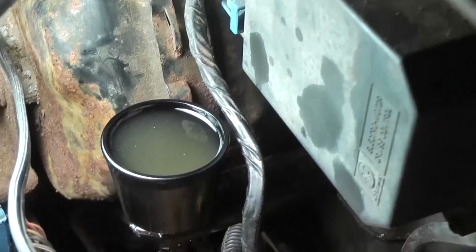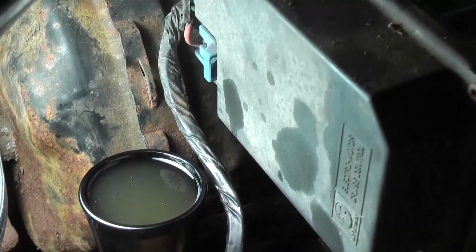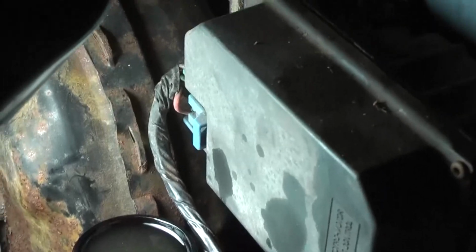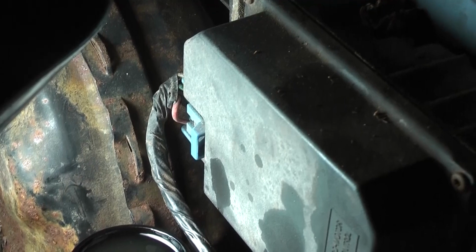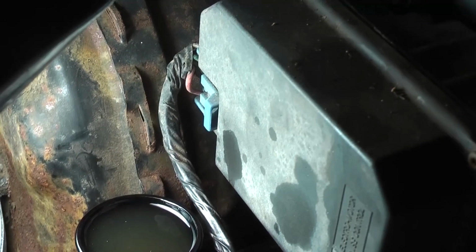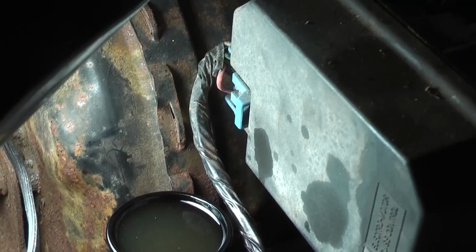But anyway, another thing I noticed I had trouble with, and I think I had the same trouble before, is that little boot around the little rod that goes in and pushes the slave, that pushes the clutch in. It seemed like it wasn't moving, or it felt like when I pushed the clutch in that it was binding or something. So I'm not sure why that is, but